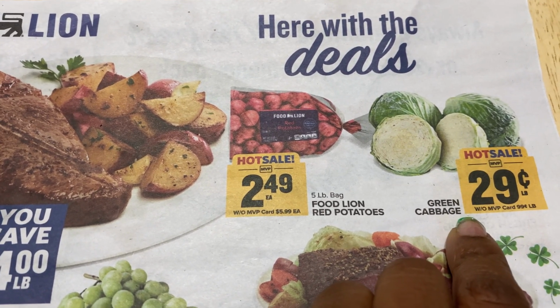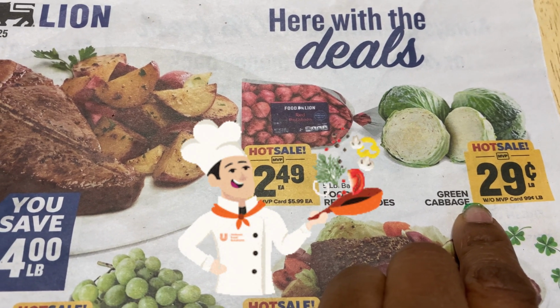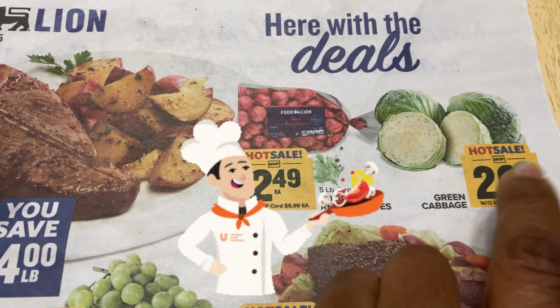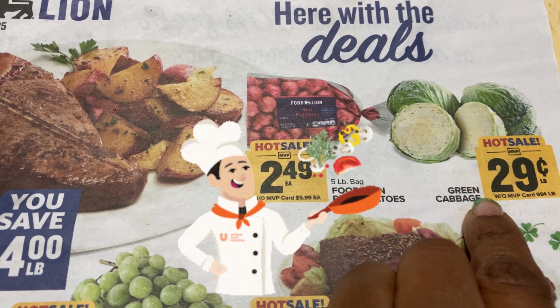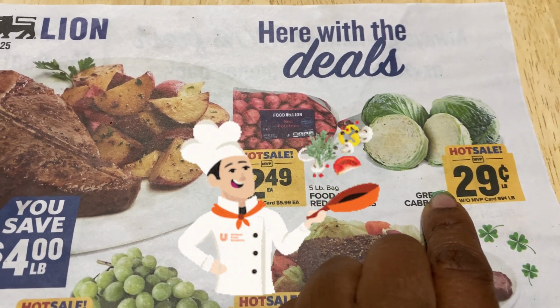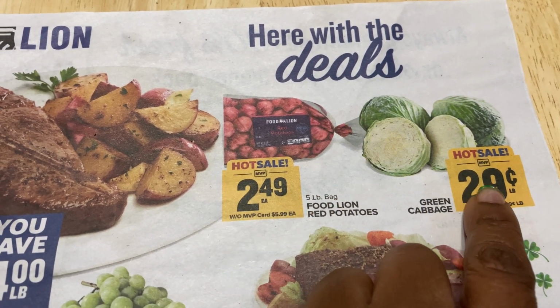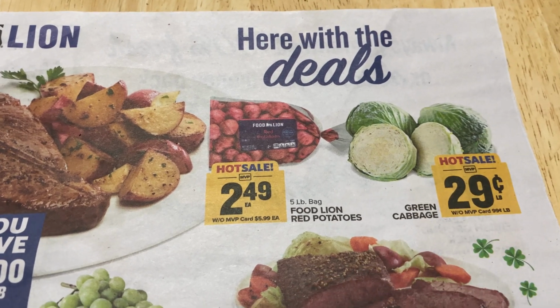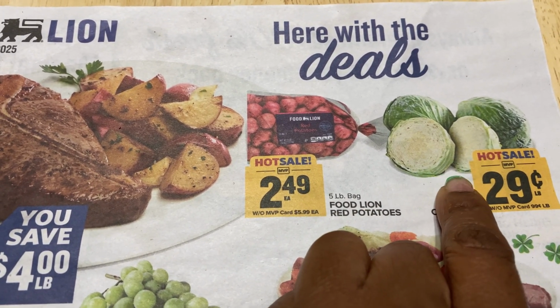So what can I do with green cabbage? Well, I could make sauerkraut. I could make coleslaw. I could go ahead and cut some of this up and make it ahead. I could make noodles for those of us who do lower carb, higher protein. But because I've taught myself to can, I would have probably taken this and I would